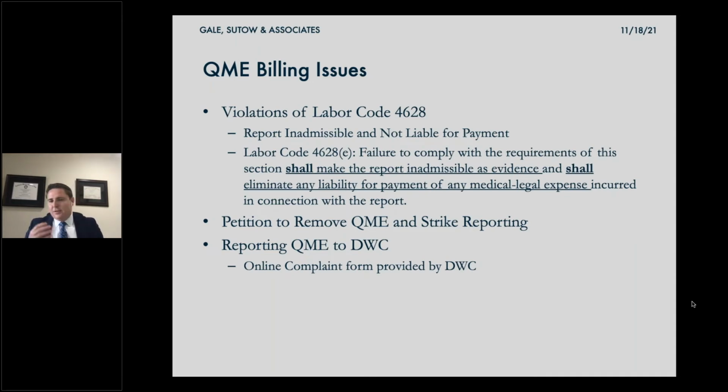And this is not something I recommend on every case. Sometimes you tend to burn bridges when you do these things, but it's something in terms of cleaning out some of these bad QMEs in the system. You're also going to be left with either an assignment of a new QME, which might be a less favorable panel, or you might get the assignment of a regular physician, the old IME. So it's just something worthwhile considering. But then again, you can occasionally leverage it to get a good AME who might be more in your favor, which is what I've experienced at times whenever I've run into these issues.